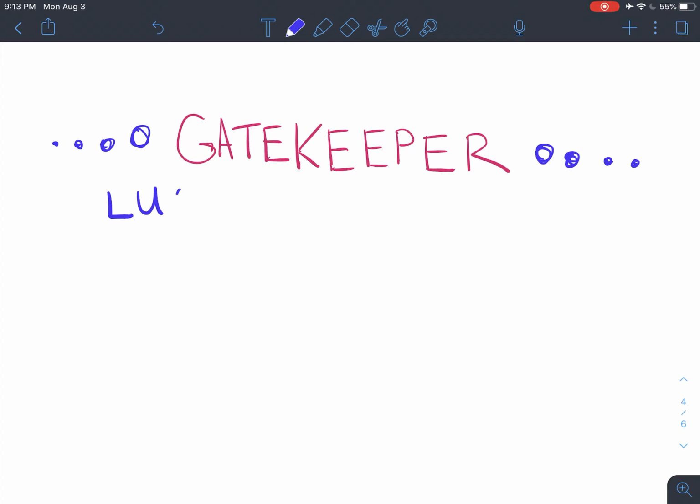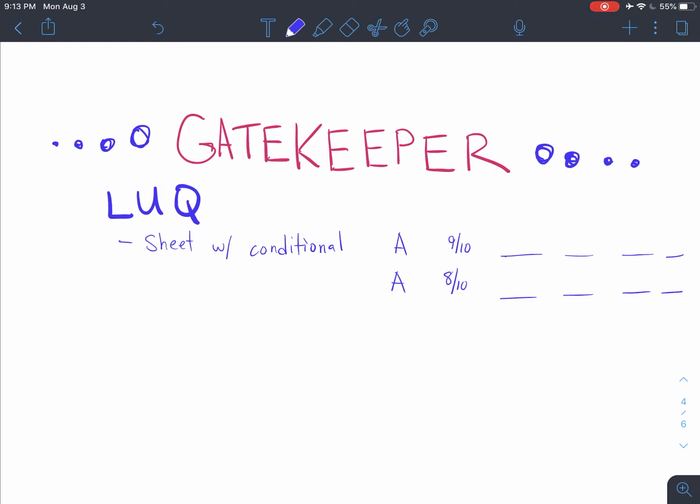One thing I'm doing consistently is that I'm monitoring the level up quizzes. I use a common format or a common sheet with conditional formatting, so that as students turn in their level up quiz and hit submit, it will actually show up. And let's say that I have a student here, student A, that gets a 9 out of 10. Well, that score would show up along with all of their answers as well in that Google Sheet. Then it would show that they attempted again, and maybe this time they get an 8 out of 10, and it shows all of their answers.